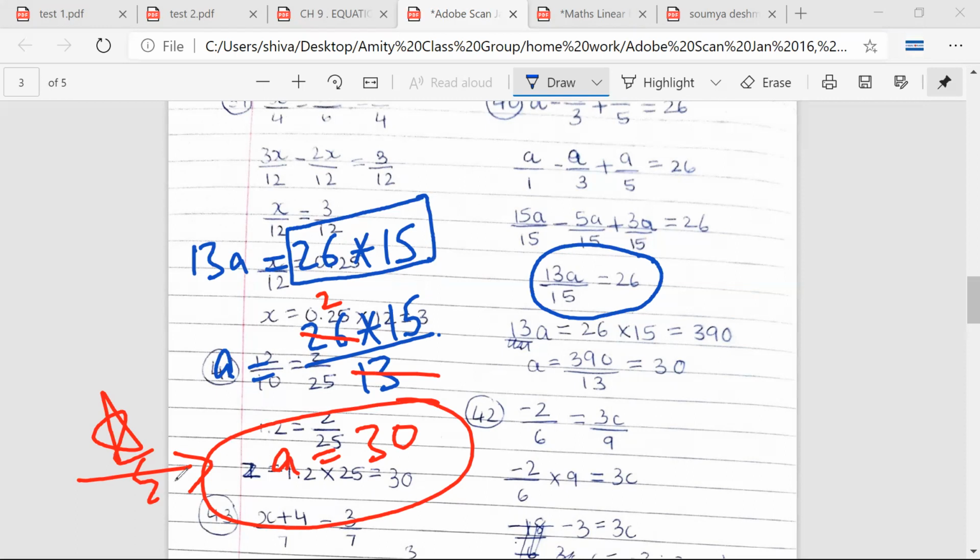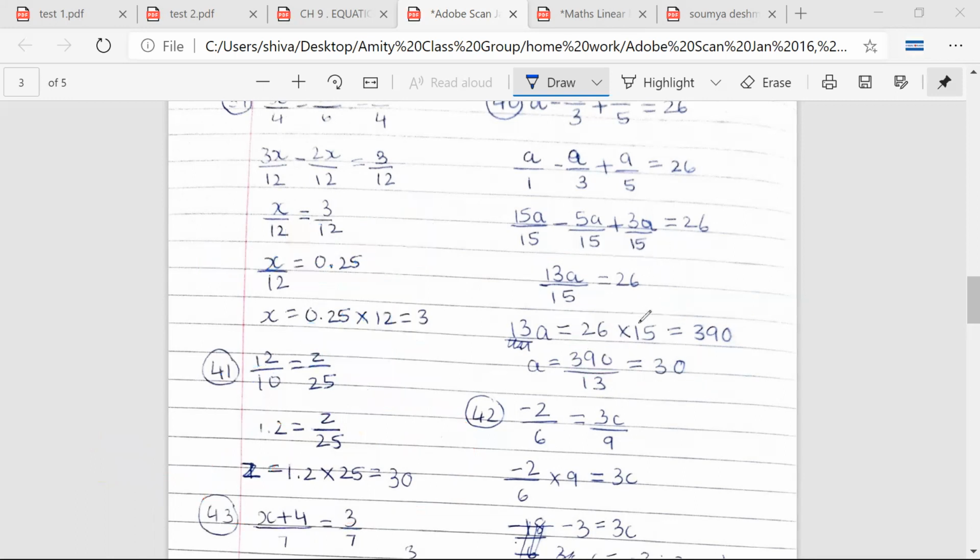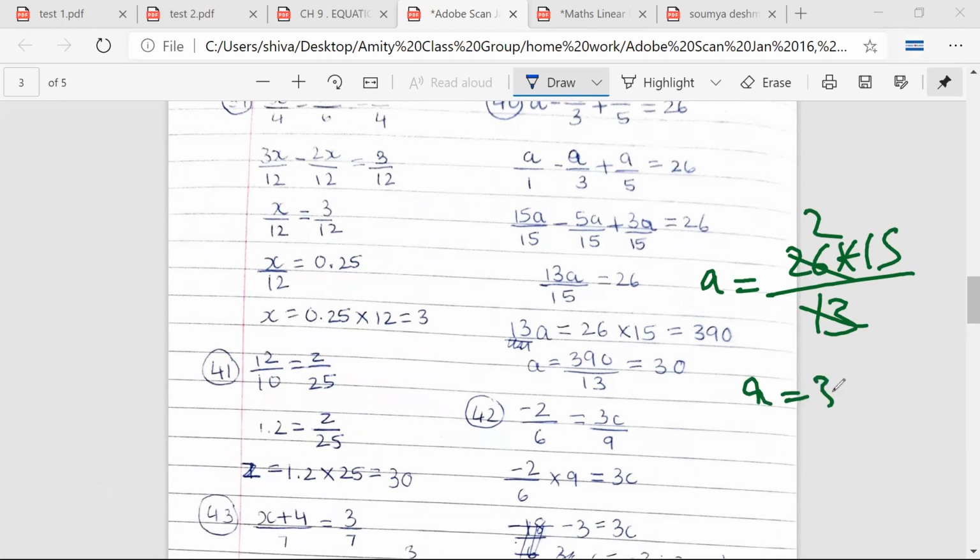No, sir. देखिए ऐश्वर्या, आपने ठीक किया है, बट प्रॉब्लम क्या है? प्रॉब्लम ये है कि आप यहाँ टाइम वेस्ट कर रहे हो. आप बात समझ रहे हो? Yeah. आपने 26 into 15 किया, 390 किया, ये 390 upon 13 किया और फिर आपने डिवाइड किया और फिर ये आंसर आया. आपको करने की जरूरत क्या है? आप लिखिए a is equal to 26 into 15 upon 13. इसको कैंसिल कीजिए और a की वैल्यू 30 निकालिए.